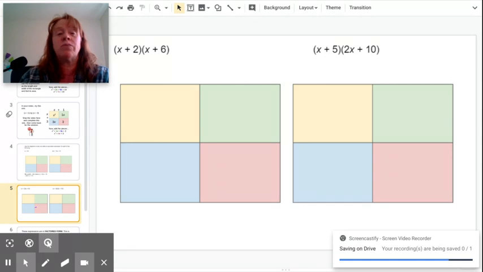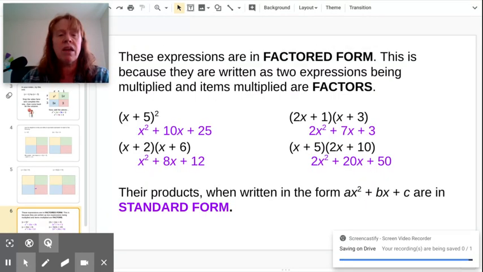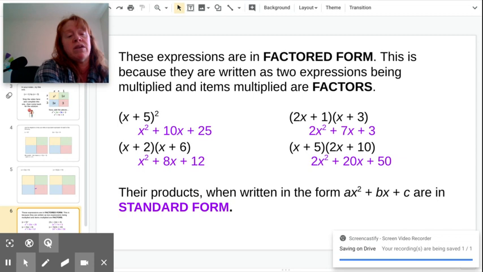You should get an x squared plus 6x plus 2x plus 12. And then on the other one, a 2x squared plus, let's see, 5 times 2x, that would be 10x plus 10x plus 50. So that would be x squared plus 20x plus 50. And the reason why I wanted to stop there was because I've got this next example that has all the answers on there. But I wanted to introduce the fact that this part right here,